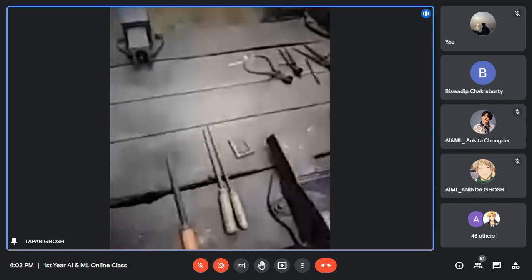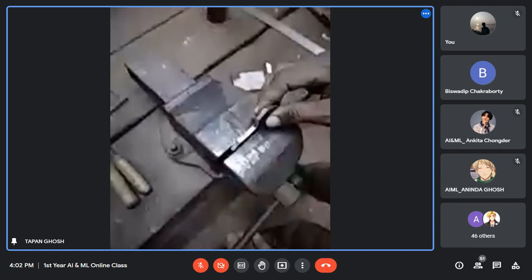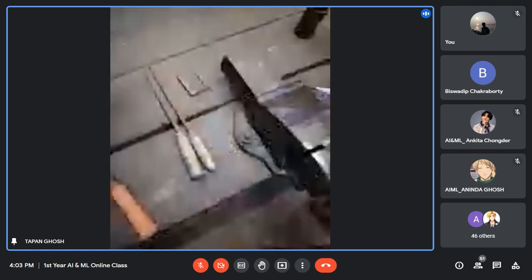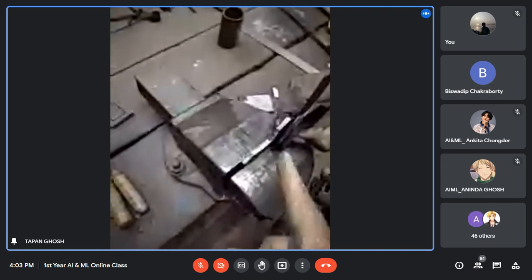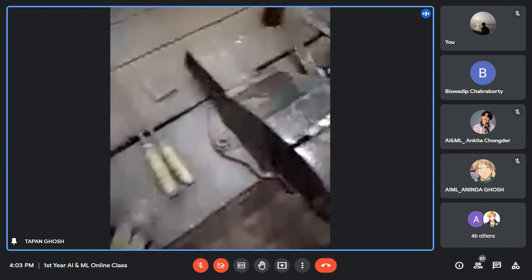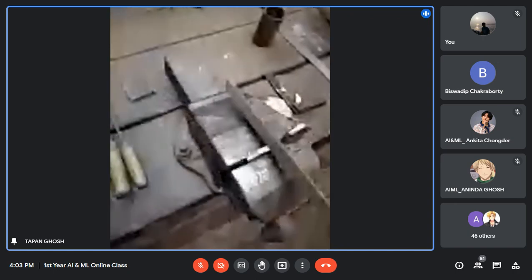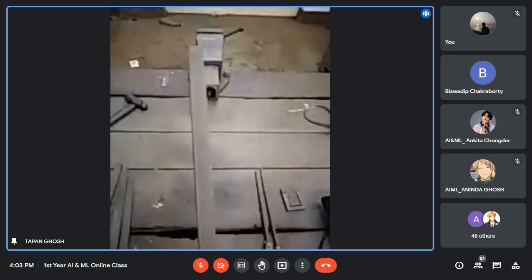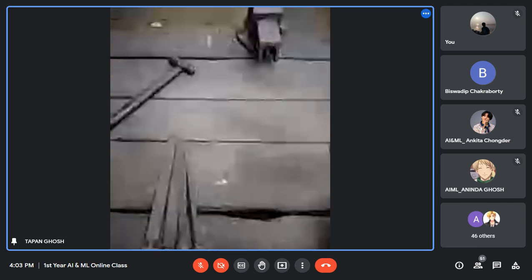After holding the vice job, then you have to do filing, cutting, everything. Don't do it any other way, holding one side with your hand and then filing. Don't do that. You have to hold it on one side of the V shape. There is a perpendicular line, and then you have to file it this way and make it smooth. This is called a triangular file. The shape of the file is triangular, that is why this is called a triangular file.